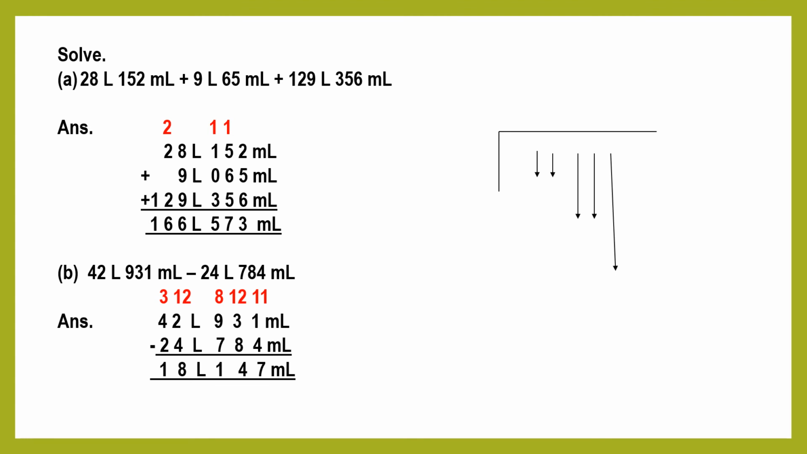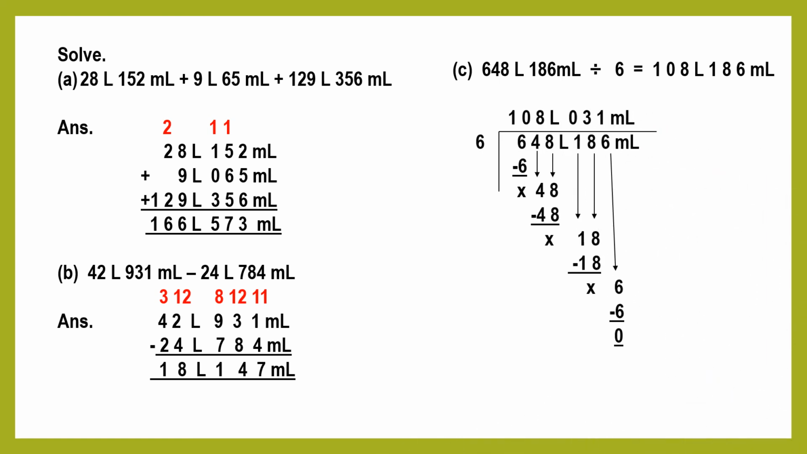Then write liter part. Again from 2 you cannot subtract 4. You will borrow 1 from 4 and it will become 12. Now 12 minus 4 is 8. Now 4 is reduced to 3. Now 3 minus 2 is 1. So total answer is 18 liter 147 milliliter. Then C part, children, 648 liter